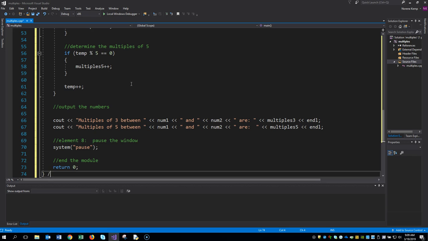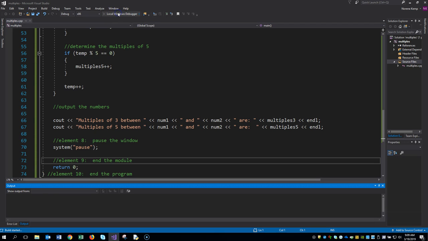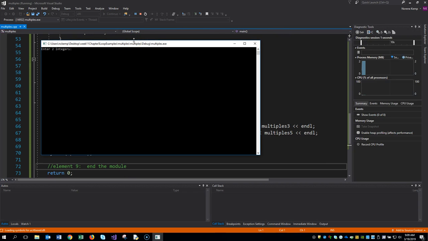And then finally, element 9 and element 10, the end of the program. Now we're able to save, and when we run the program, we'll quickly see,